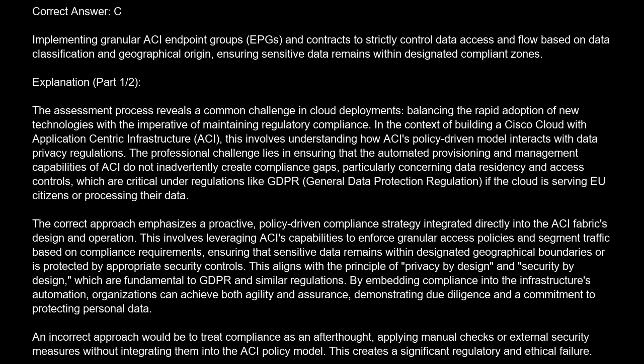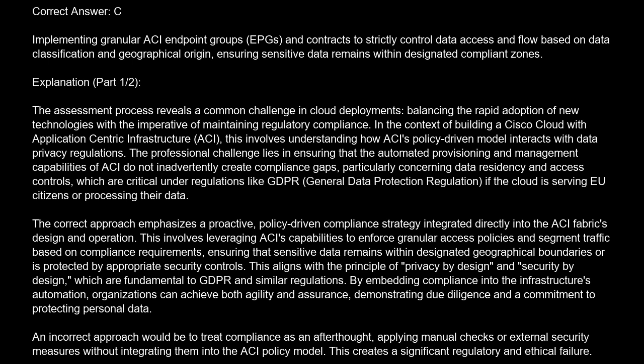Explanation: the assessment process reveals a common challenge in cloud deployments, balancing the rapid adoption of new technologies with the imperative of maintaining regulatory compliance. In the context of building a Cisco cloud with application-centric infrastructure, ACI, this involves understanding how ACI's policy-driven model interacts with data privacy regulations. The professional challenge lies in ensuring that the automated provisioning and management capabilities of ACI do not inadvertently create compliance gaps, particularly concerning data residency and access controls, which are critical under regulations like GDPR, General